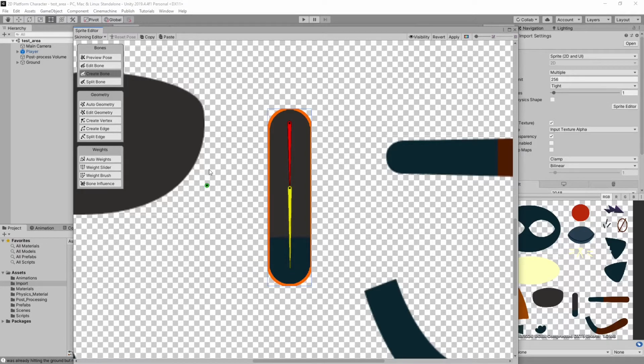You can also draw bones outside of your sprite. Sometimes that's a good idea. Oftentimes it's not desirable. We just want to bend this leg. We want it to be able to bend like a tube. So I'm only going to put a thigh bone and a shin bone in this one, but you'll see in